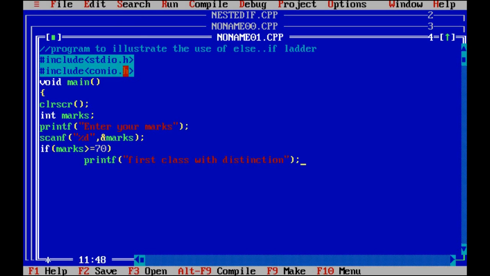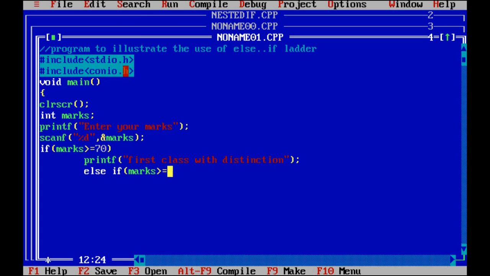Okay, now the next condition is if the marks are between 60 and 69. So to check this, we put an else if here, else if marks greater than or equal to 60.